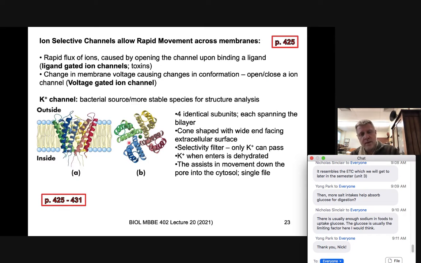So here's an example. We talked about this guy, KcsA, this potassium channel, a beautiful alpha helical structure of 8 individual alpha helices, 4 identical subunits, forming basically a cone-shaped structure that has the capacity to allow potassium selectively through the ion channel when it is open. It has a selectivity filter in here, which is a number of charged amino acids, both positive and negative,